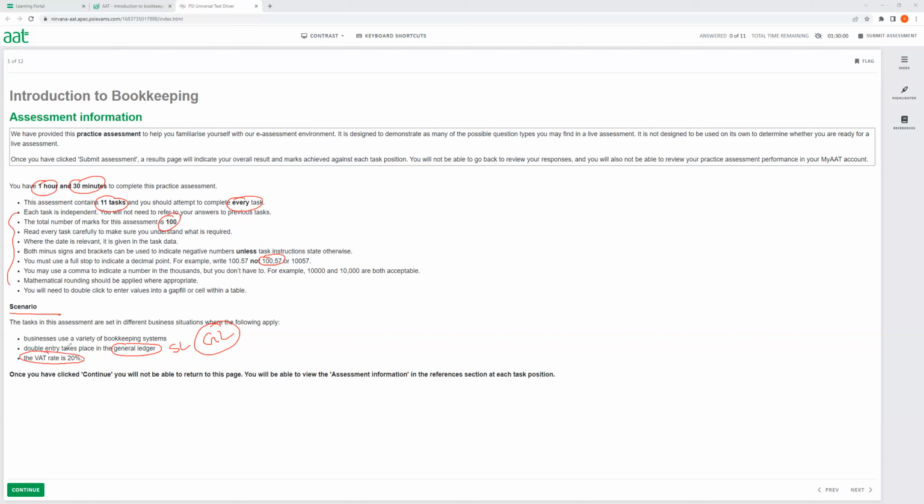The VAT rate is 20%. So for the whole exam, we're going to assume the VAT rate is 20%. So every single question, they don't have to mention how much the VAT rate is, because the question already said at the beginning, the VAT rate is 20%. All right, so that's it. Let's move on to our